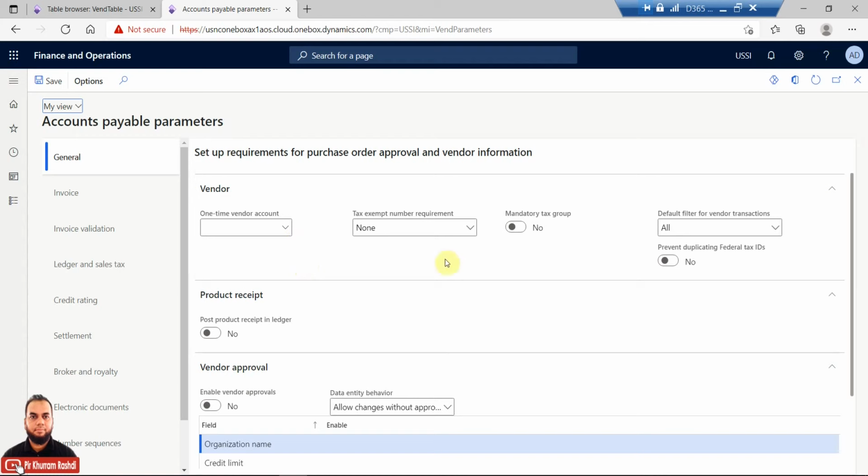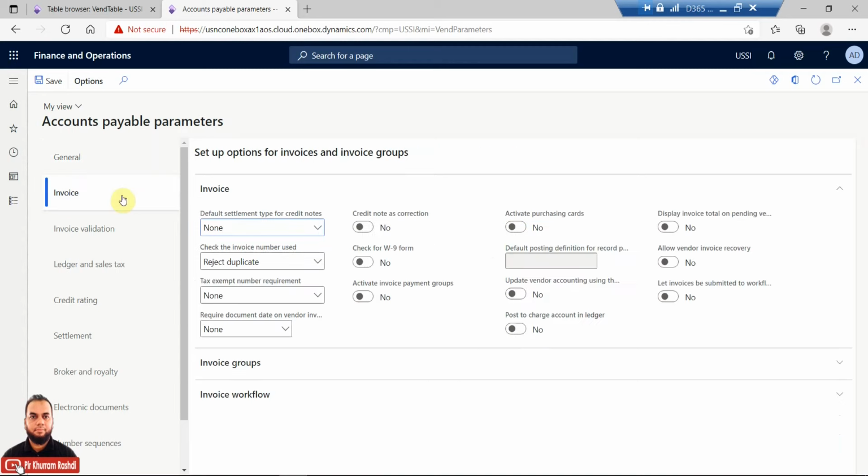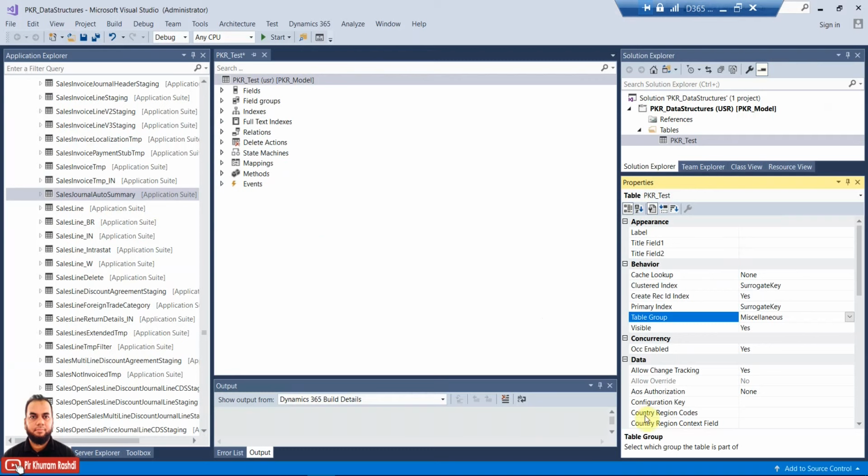So if you choose a certain value or turn on or off a certain yes/no type of switch here, you are just turning the switch on and off, so a particular functionality will be enabled based upon this main switchboard. This works just like a switchboard. That's why it's holding only one record. It is not necessarily able to have more than one record. So these parameter based tables will have the table group value of parameter, that means to keep a single record of parameter.